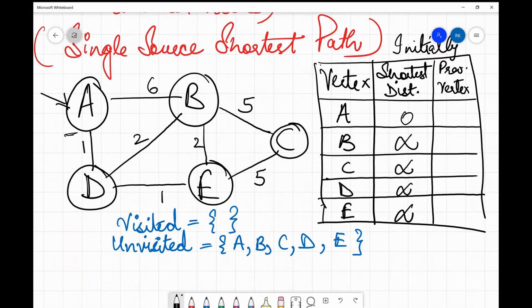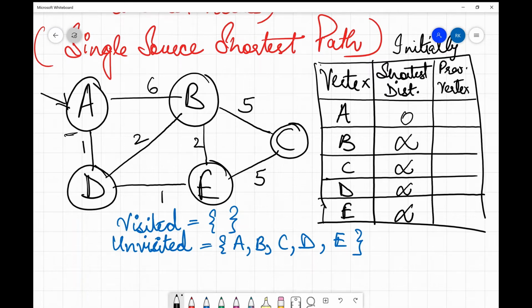What we have over here is that the shortest distance from A to A is 0, because the shortest distance to reach the same point where I'm standing right now should be 0, and the shortest distance to reach all the other nodes from A initially is infinity, because we have not processed or visited any node.